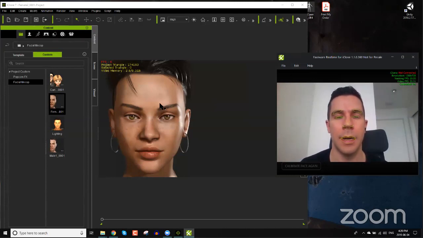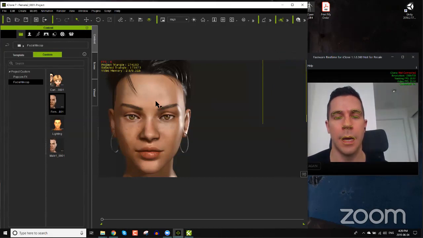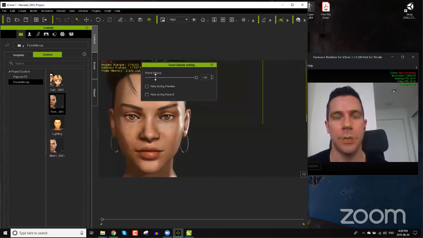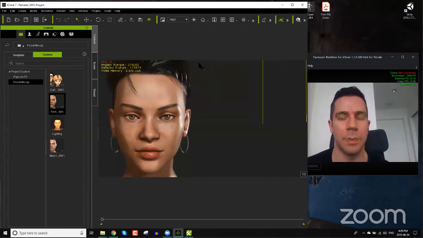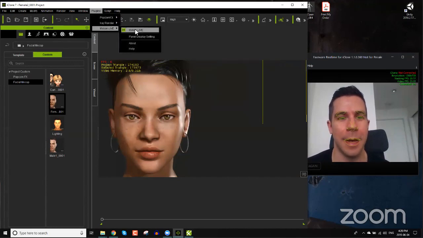Okay, now how do you connect in iClone? Well, that's pretty easy. Just select your character and go up to plugins and motion live. Okay, now there are panel display settings that you can choose. You can hide the panel during the preview. You can hide during record. You can change the panel opacity if you want. This is all up to your personal preference. I just kind of keep it on because why make it disappear? So let's go to plugins, motion live, and then you want to throw up your motion